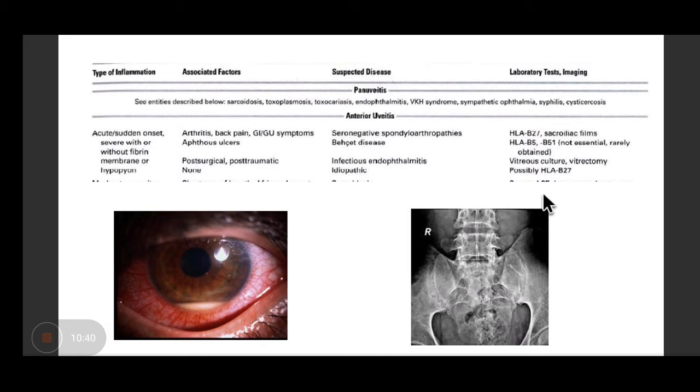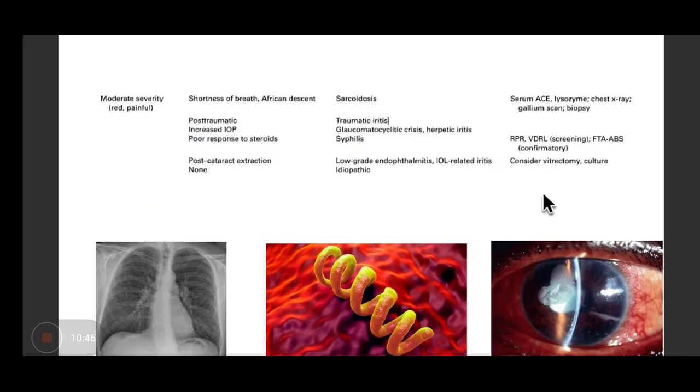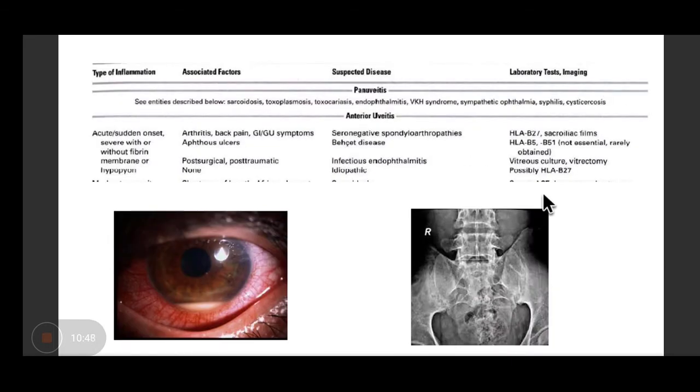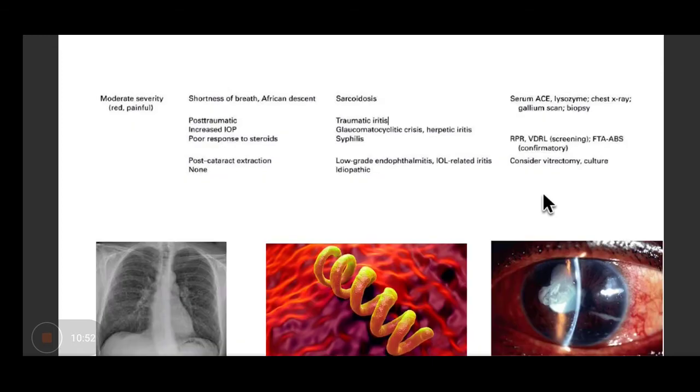So you have to see the vitreous. If it is inflamed or it is infected, then only you will treat the patient. Okay, so that was an acute, sudden onset with severe congestion. If it is a moderate severity, the eye is red and it is painful, so then you will have